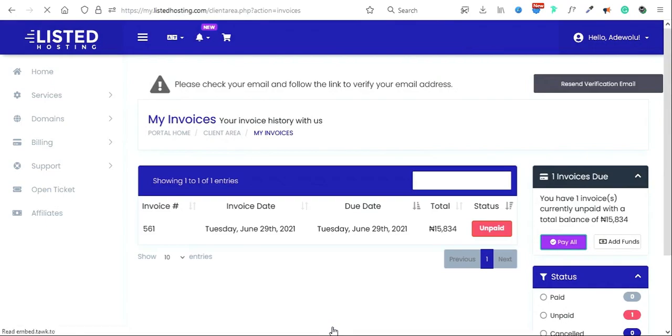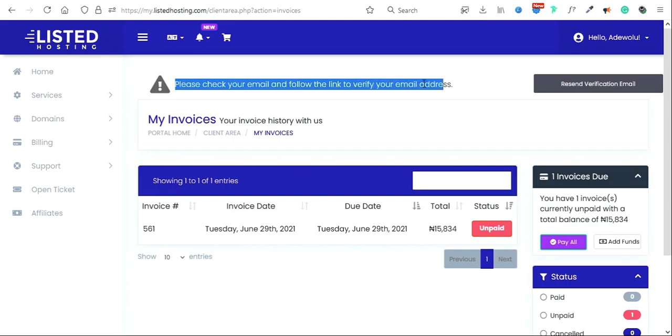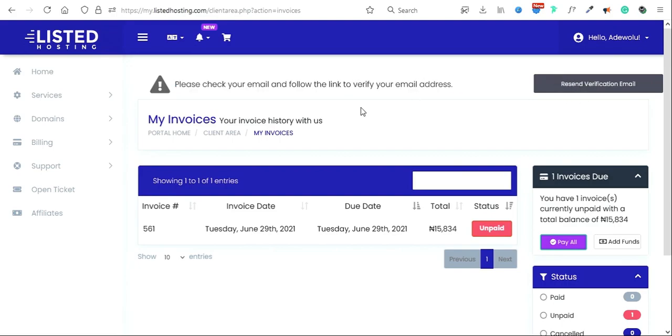Now that I'm logged in, you see here it tells me my invoice is unpaid. That's because I have not paid. So it's now left for you to make your payment before the service is activated. Some hosting might tell you to verify your email address. It is good to do that. The link will be in your mail. If you don't see the link in your mail, you can simply click on resend verification mail. But most times,